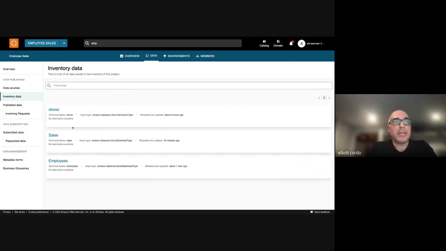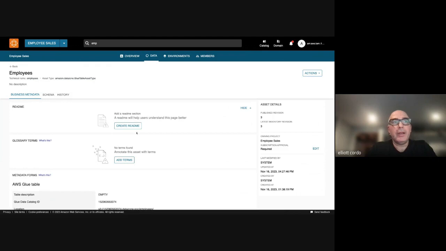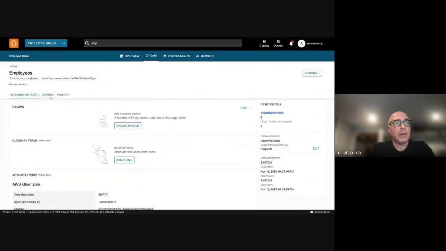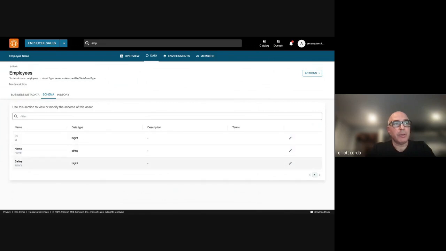Of these 3 tables, I'm not sure which ones it is. I think employee is published, and it actually keeps track of versioning. If you come in here and you update the metadata or you update the schema, it keeps track of versioning, which is pretty cool. It has a schema, and it inferred some business names, not very advanced.